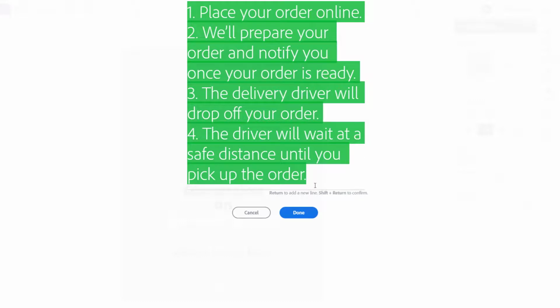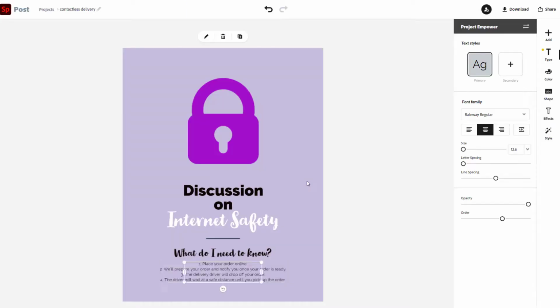Now notice that it says return to add a new line and shift return to confirm. So if I wanted to enter new lines, I would just use the return key. So I'm going to put the date. So once I enter everything, if there are some things that I want to change about this, for example, if